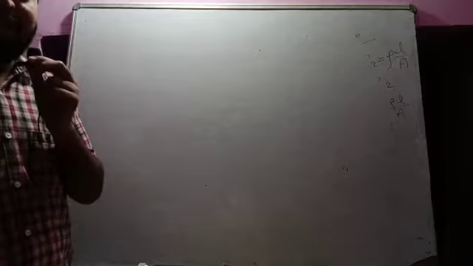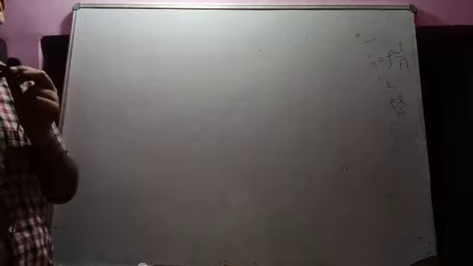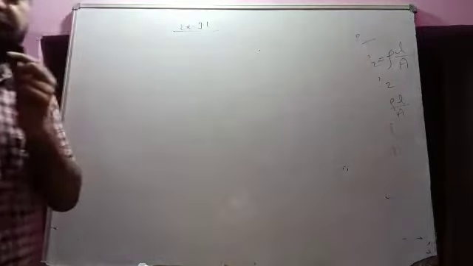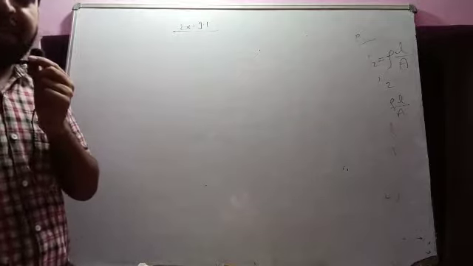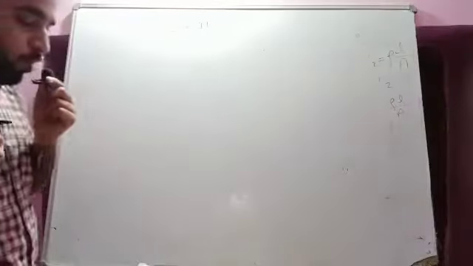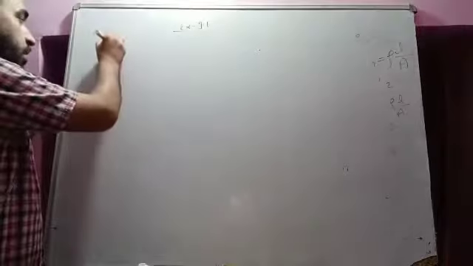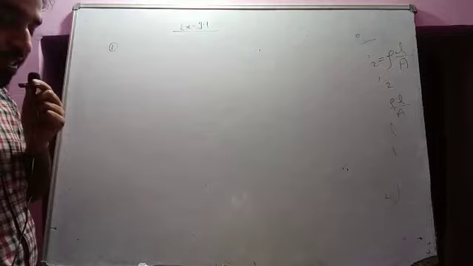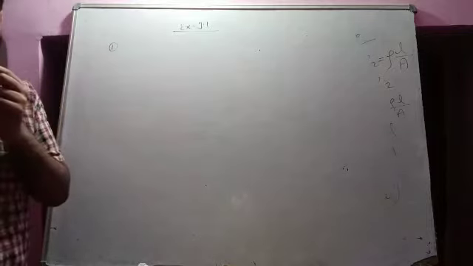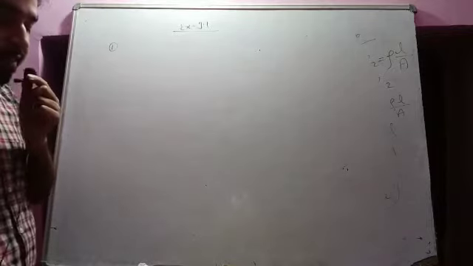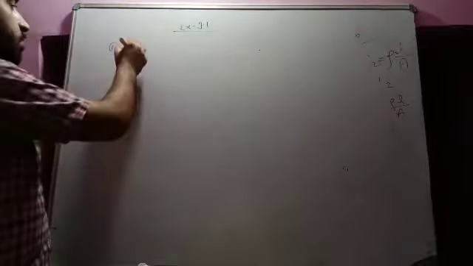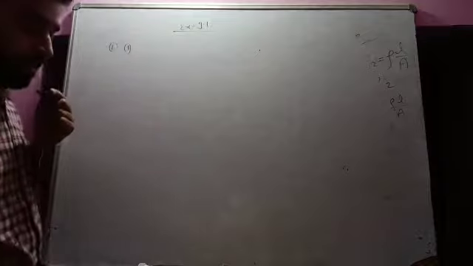Now, in this particular lecture, we are going to start a new exercise, and that is exercise 9.1 from your NCERT book. So please go ahead with the lecture and you will understand it. Question number 1 in your NCERT book is: identify the terms and their coefficients for each of the following expressions. So one algebraic expression is given. We have to identify the terms and coefficients.